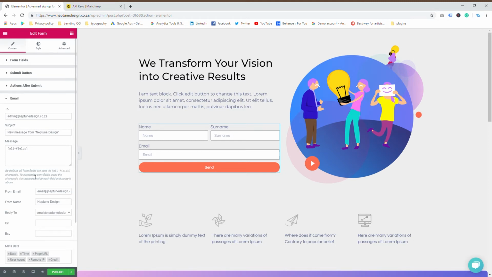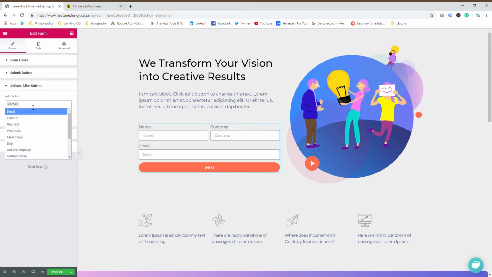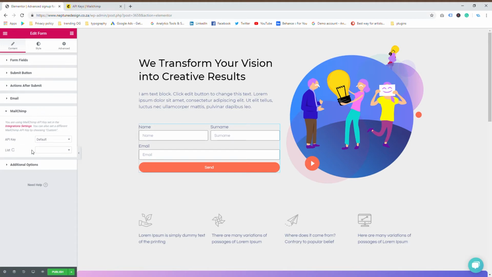Now what we're going to do is connect MailChimp and make it submit with MailChimp. So we're going to click on actions after submit, and we are just going to go down, and you see there's an option that says MailChimp. So I'm going to click on MailChimp. What this will do now is it'll automatically add it to your list, and because we've already uploaded the API key, it should show as default, and then we're just going to select what mailing list we want them to automatically be added to. So if I click on Neptune Design Pty Ltd,